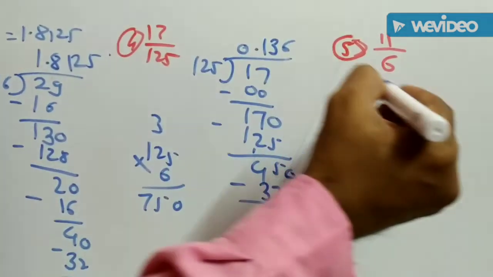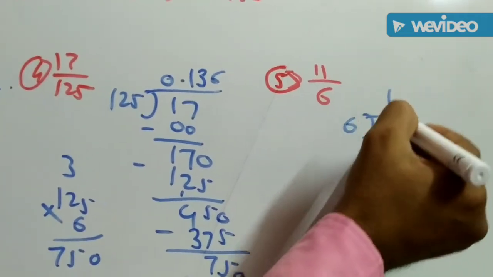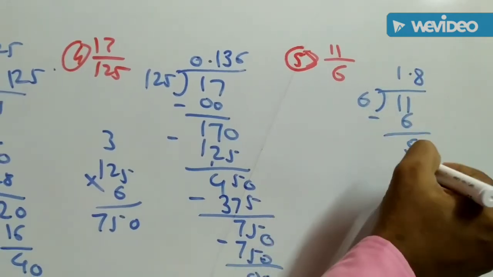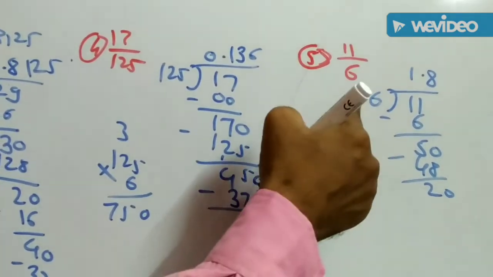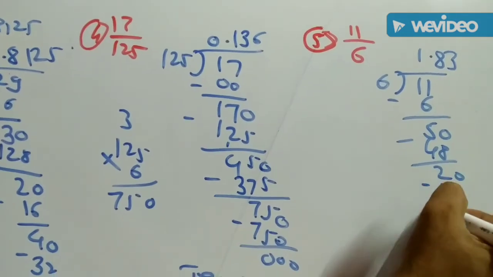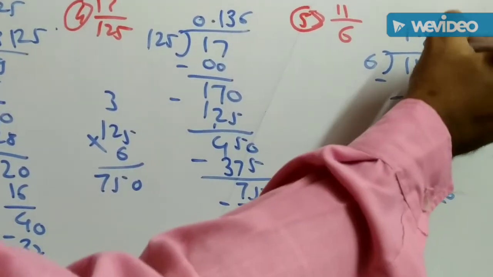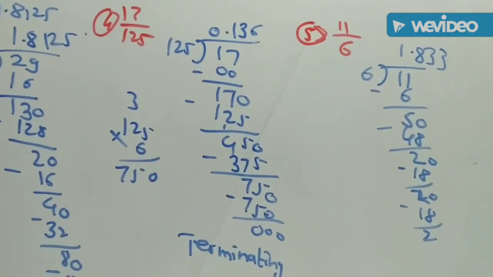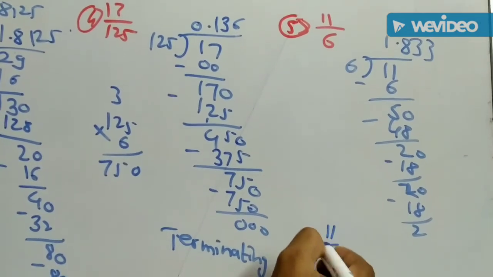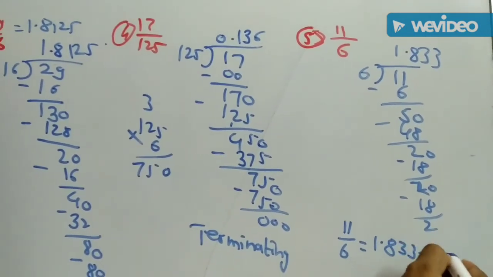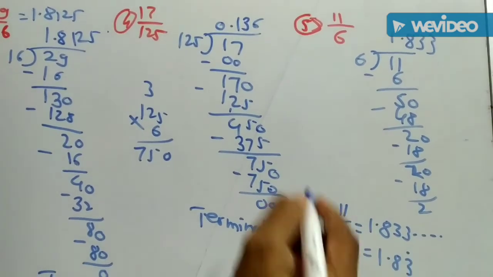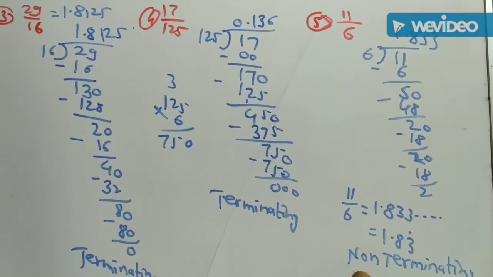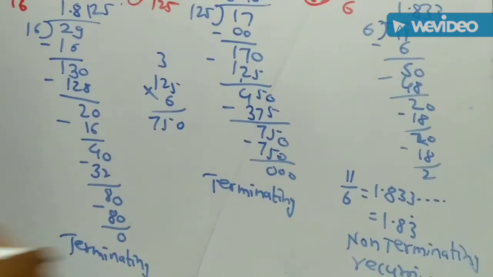Then last example is 11 divided by 6. 6 ones are 6, remaining 5, taking 0 and decimal point, 6 8s are 48, remaining 2, taking 0, 6 3s are 18, remaining 2, again we get 2, that means this process does not stop, the division process does not end, and therefore it is a recurring type, non-terminating recurring type, that is 1.83 with a dot, and therefore it is non-terminating recurring type, and this is the example number